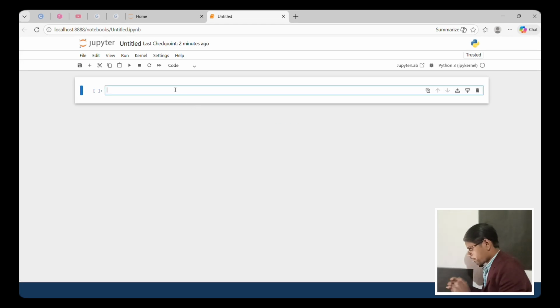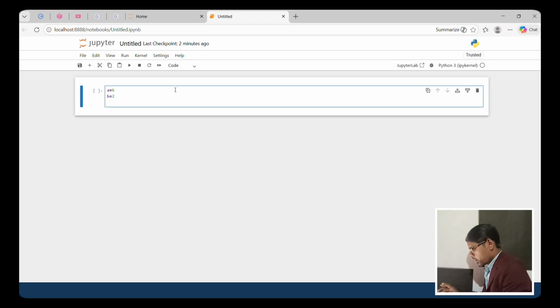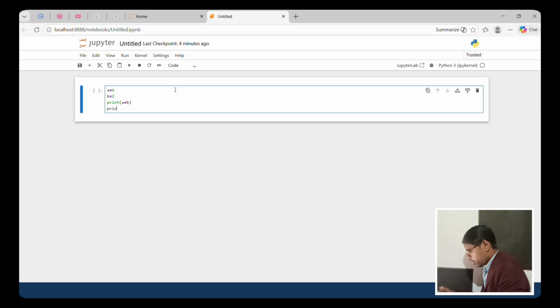Okay, and just one. A contains 6. Okay, and B contains 2, and print A plus B. These are arithmetic operators we will use.